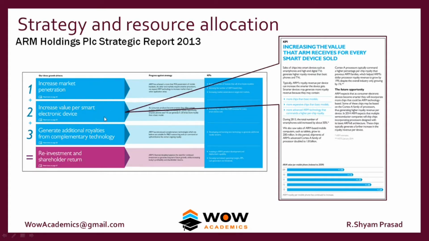So when you have an i3 processor, the company wants to sell you an i7 processor. So they want to make more money by selling a higher upgrade. They also want to generate royalties from selling other useful technologies that they have. With all these things, when they get more money, again the company is going to invest in this business. So this is their strategy here.